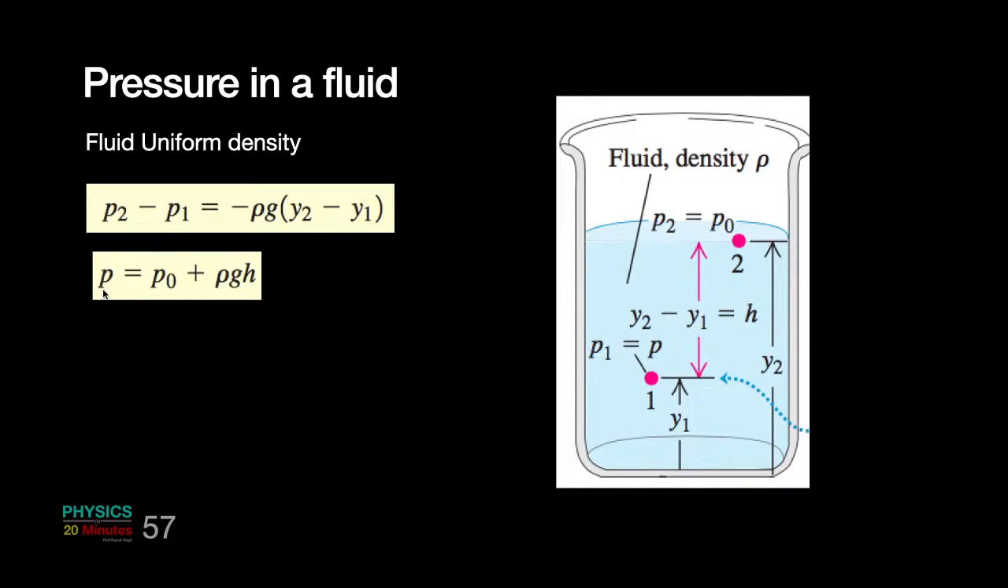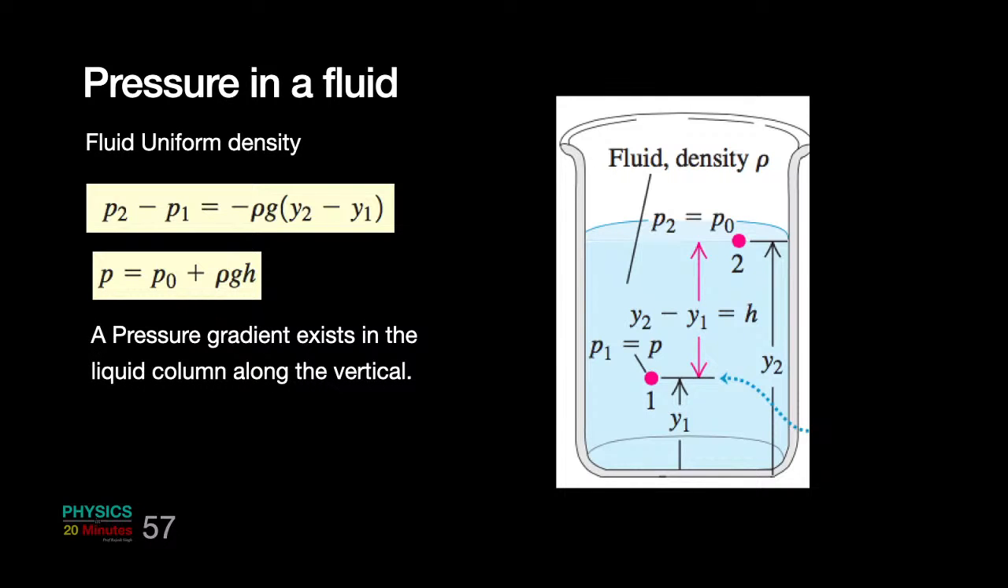Let me revise. P is the total pressure at this point in the fluid, at any point in the fluid. It is equal to the sum of the two components. What are those two components? The atmospheric pressure and the pressure due to liquid column height, that is h rho g. This explains to us that as you go through this liquid, a pressure gradient exists in the liquid